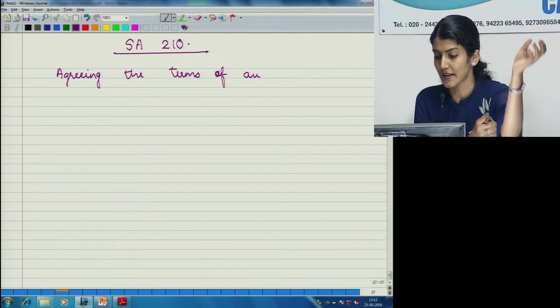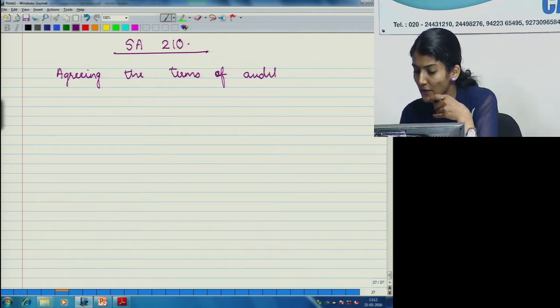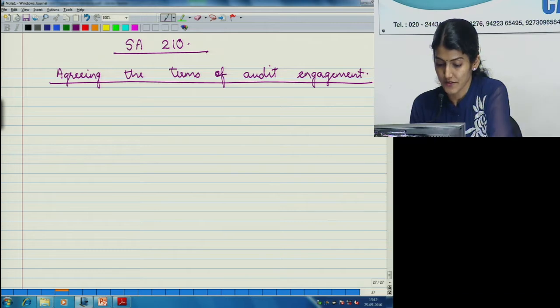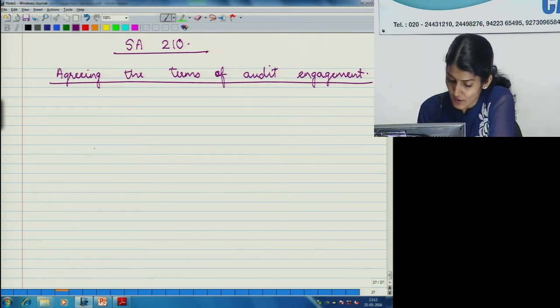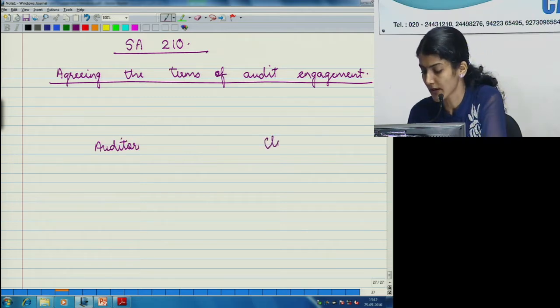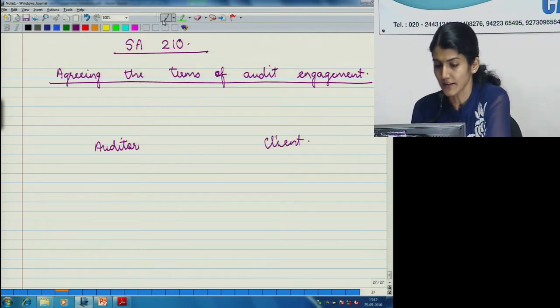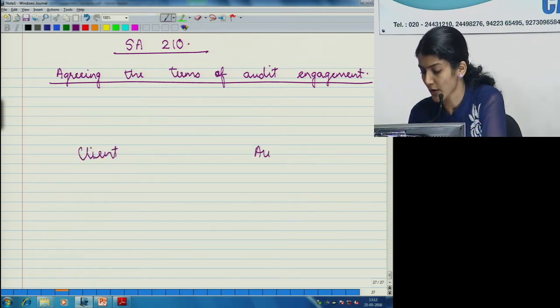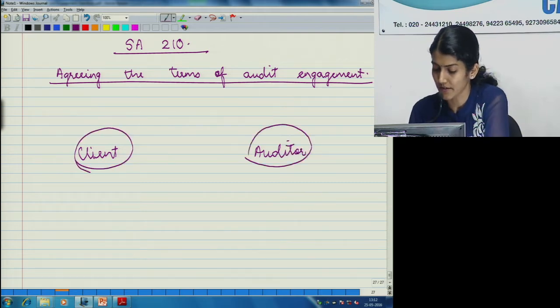Right, so coming to the next standard, SA 210, agreeing the terms of audit engagement. You have the auditor, that is PwC, and you have the client. The client appoints, the shareholders appoint the auditor at the AGM, and they send to the auditor an